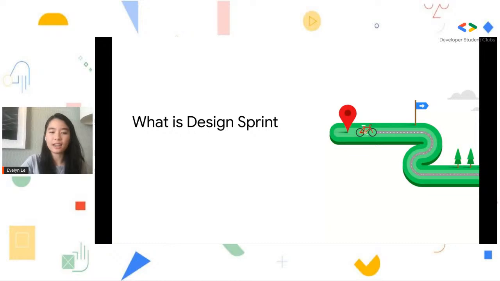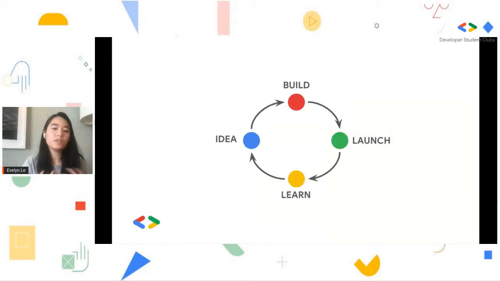So how exactly does it work? Most product teams have to go through this cycle. You learn some ideas, you see some problems, and you have some ideas to try to solve them. You build the product, build your idea solutions, and then you go through the whole launching and putting it in